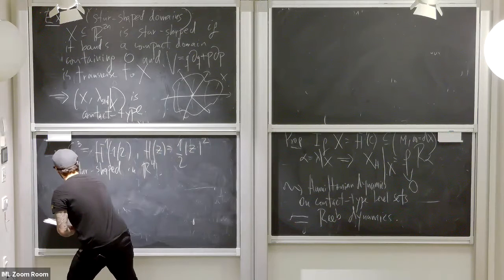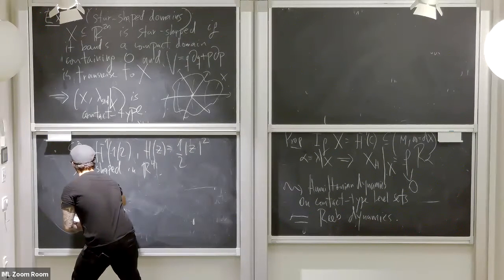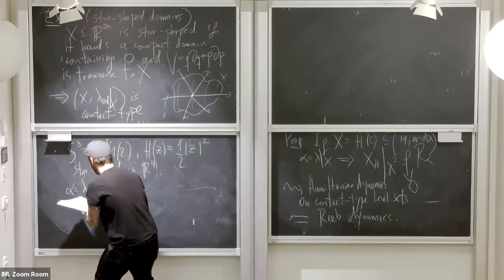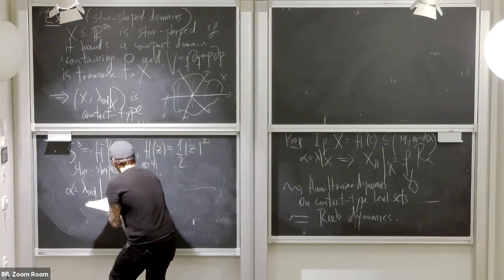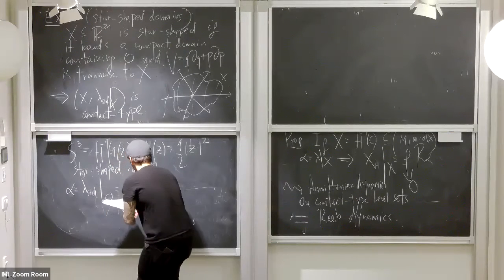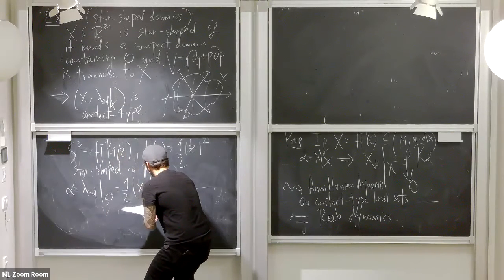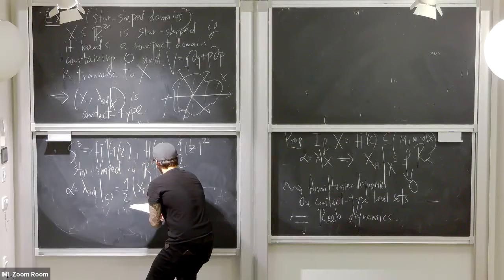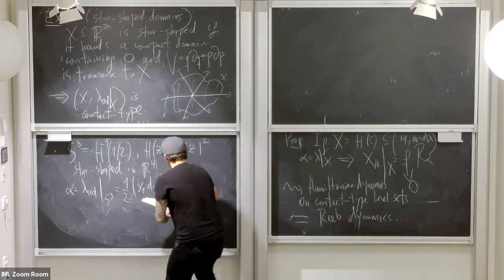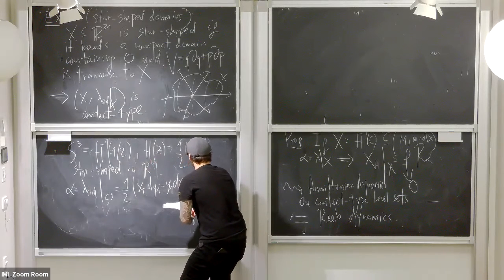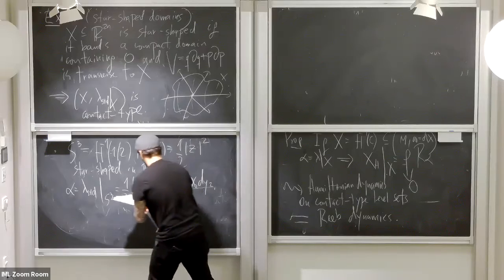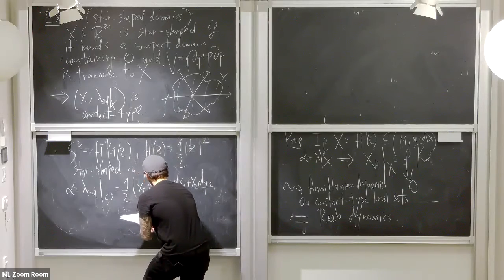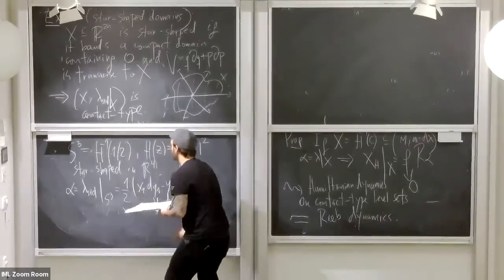And alpha, which is just the restriction of lambda standard to S3, you can write down as something like this: x1 dy1 minus y1 dx1 plus x2 dy2 minus y2 dx2. Here I'm using coordinates